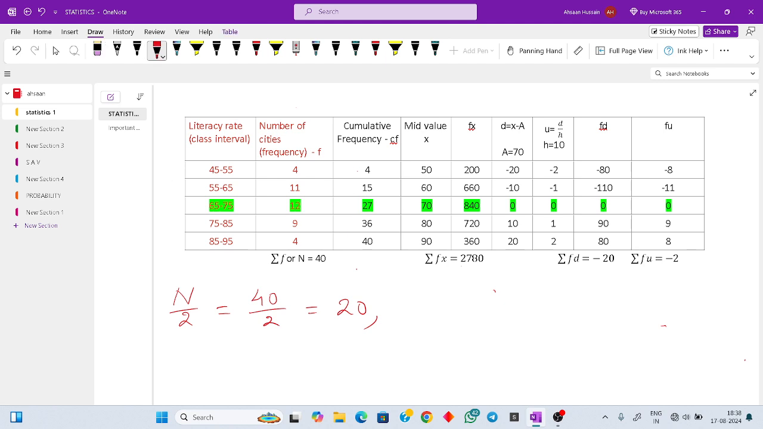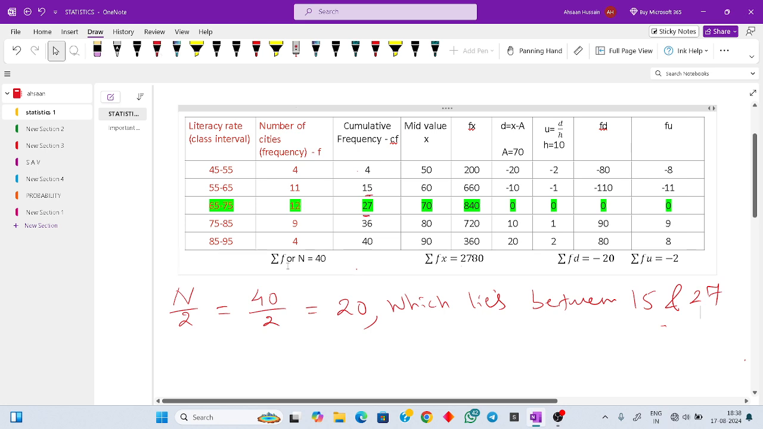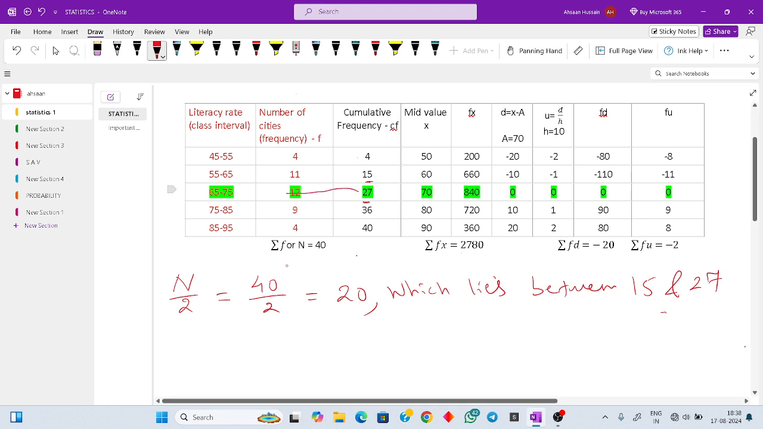Now see where this 20 lies in the cumulative frequency column. The 20 lies between 15 and 27, isn't it? It lies between 15 and 27. Okay. And which class interval corresponds to the value of 27? It is the 65 to 75 class interval. So right,